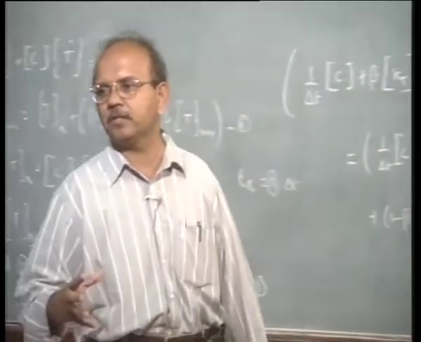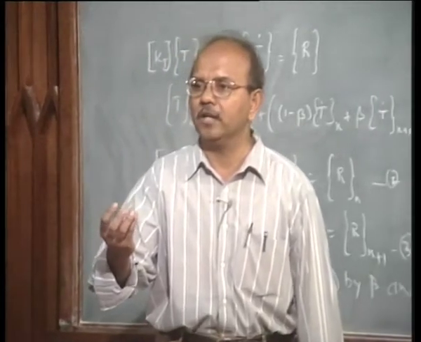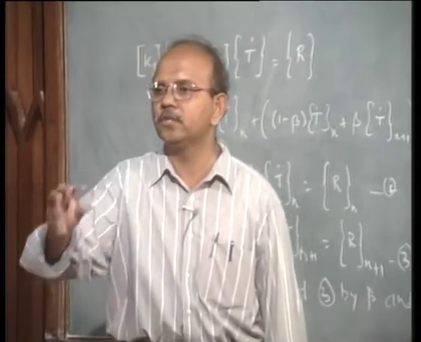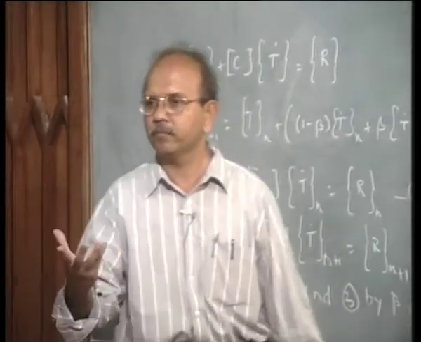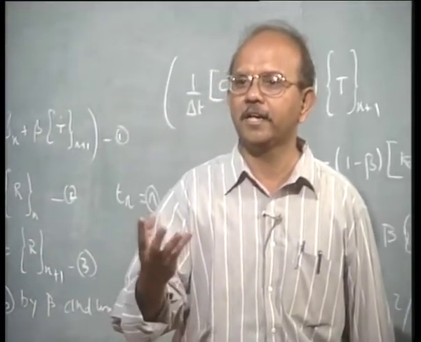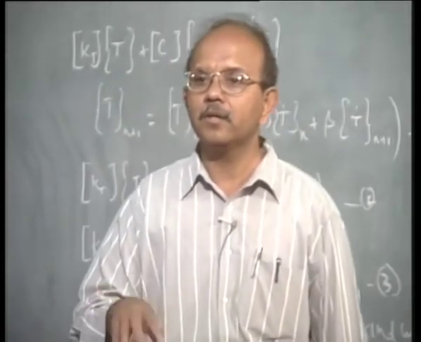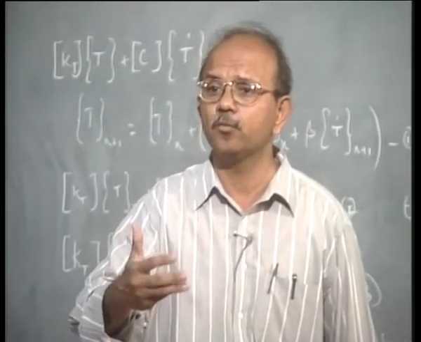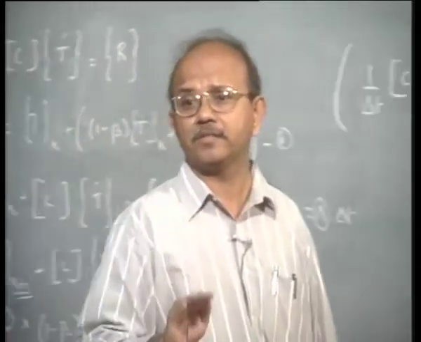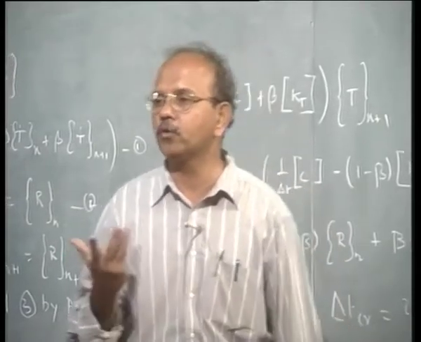Maybe I have made an assumption as to how I can treat latent heat. The total heat that is evolved from an element, I am distributing it to, say, 4 nodes as Q. I have made a small assumption there. The total heat that is generated in an element, I am distributing it to 4 nodes. So are the assumptions that you make correct, are they valid or not? That is the question, not whether finite element is right or wrong. So how do you justify this?